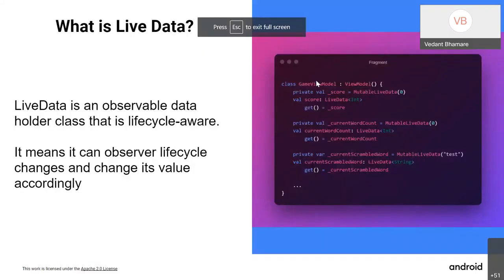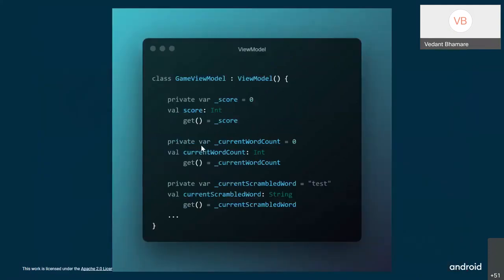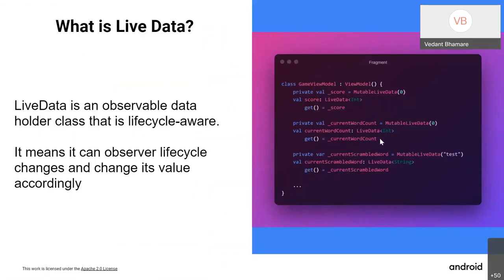Okay, so in the view model, you would have to make these changes. Whatever we were defining earlier, we were only giving them a data type, right? If it is int, then we were giving int, and string in the same way. But now if you are using live data, then you have to define them as live data. So it would be live data of the data type int, and similarly for string. So these are live data now. It is not actually an integer, but it is live data, and live data is storing its value.